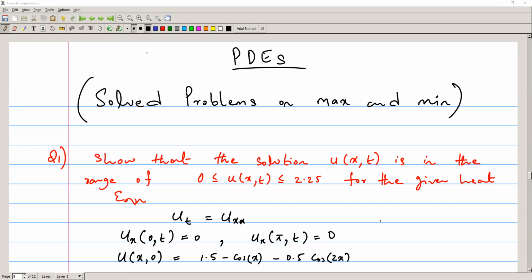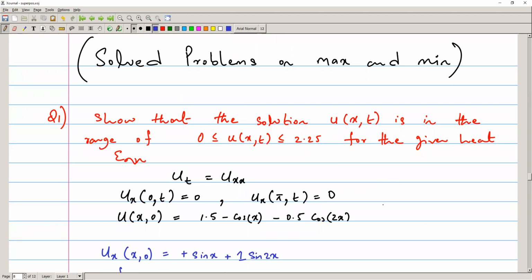The topic of our discussion today is the maximum and minimum principle. In our previous lesson, we talked about maximum and minimum. Now we will take some problems and see how to solve them for maximum and minimum values